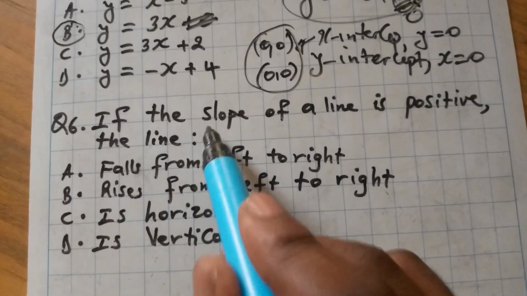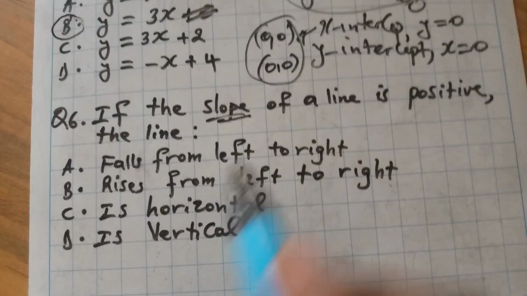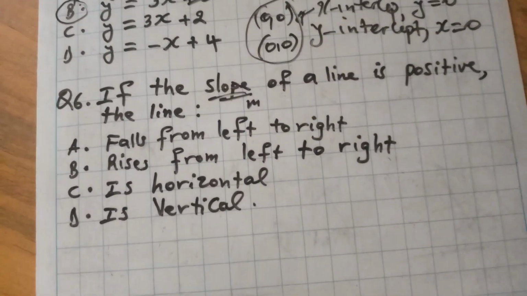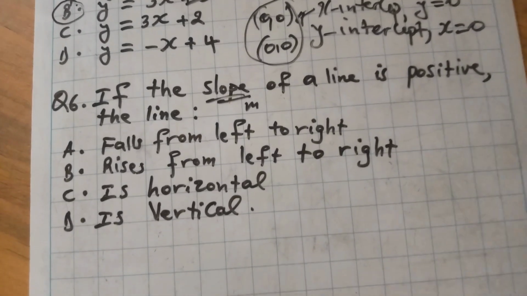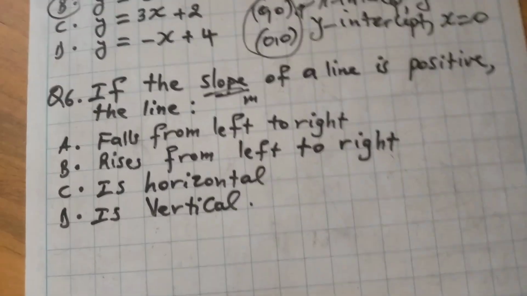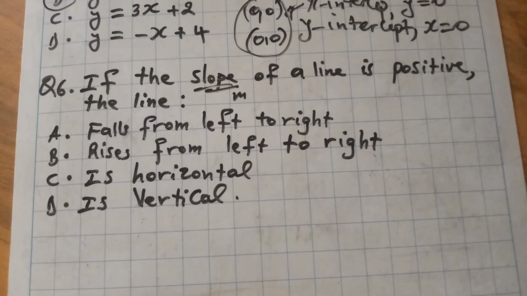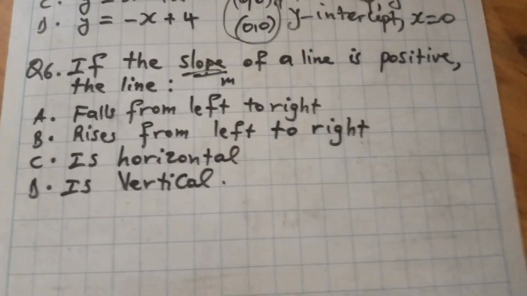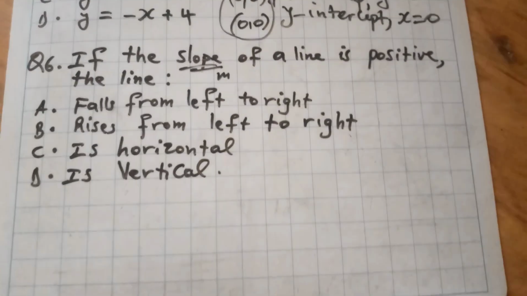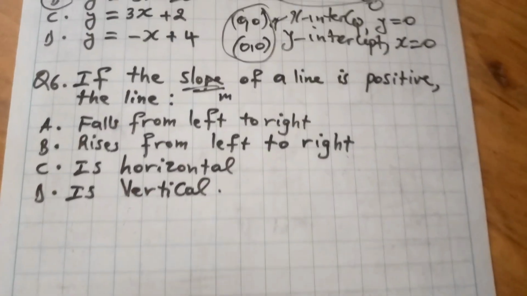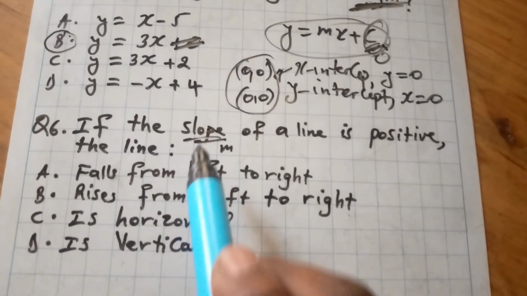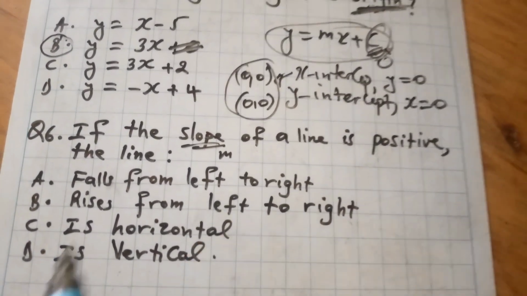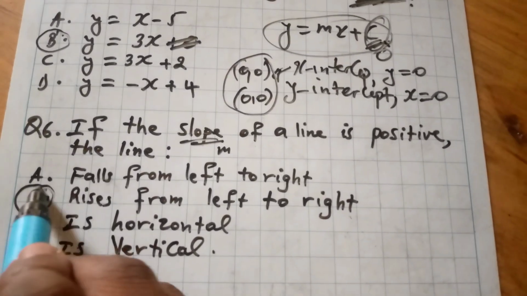When the slope, or the gradient, is positive, the line will run from where to where? You have to take different examples of equations and draw their lines, and you will find that when you have a positive slope, the line will rise from left to right. So the best choice here is